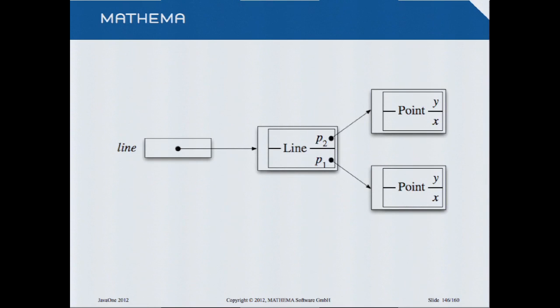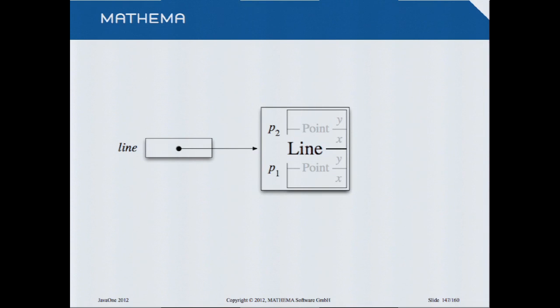The question now is, can we do it in a little better way? Because if we have to access something here, then we have the problem that we have to first access the line, then we have to access the point, and it would be nice if we can shorten it. We could do it like this. We can embed the points into the lines. So we only need to create one object, but it contains two objects. Each of those objects contains two objects.